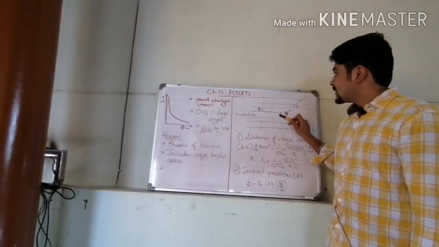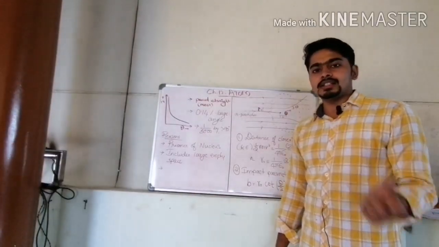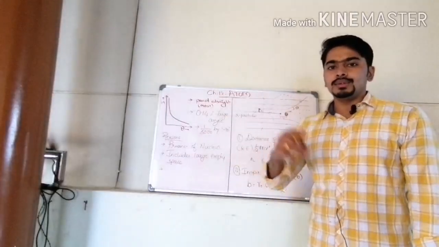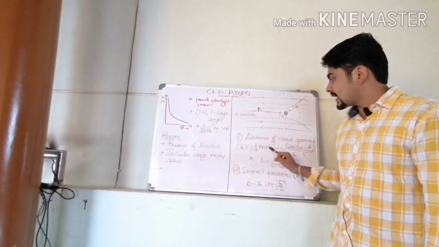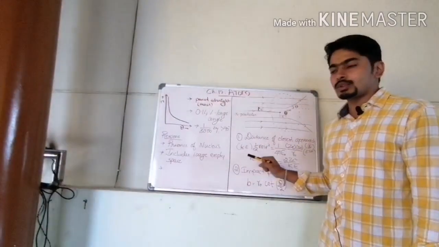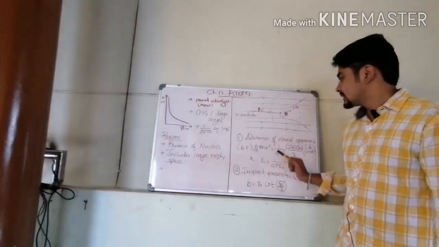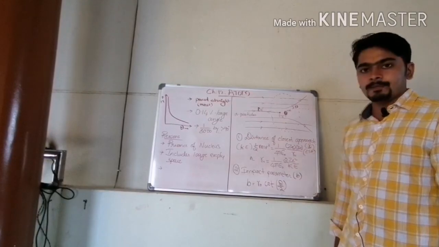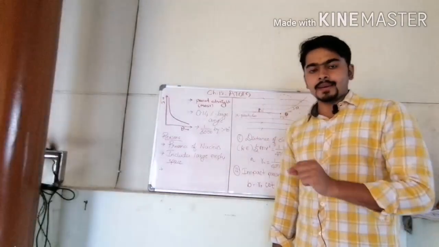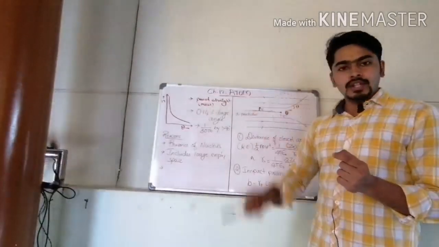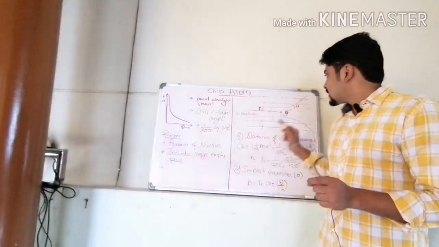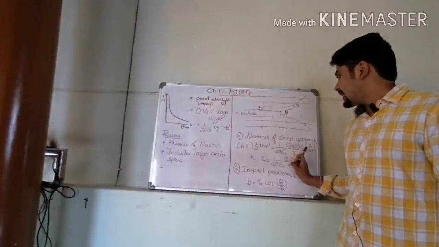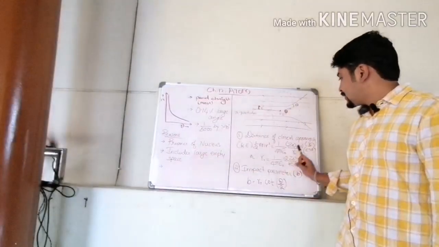At this point we can observe the law of conservation of energy. Kinetic energy is equal to the electrostatic potential energy of the gold nucleus. So half mv square, the kinetic energy, is equal to the electrostatic energy, that is 1 by 4 pi epsilon naught, Zd into 2e, here q1 q2 by r. q1 is the charge of the alpha particle, q2 is the charge of the gold nucleus. The charge of the gold nucleus is Zd and the helium particle charge is 2e.